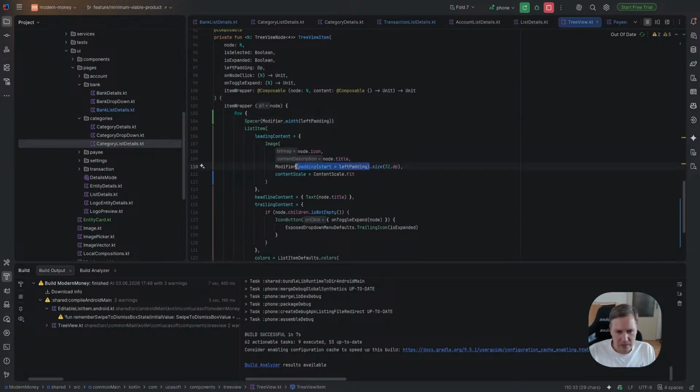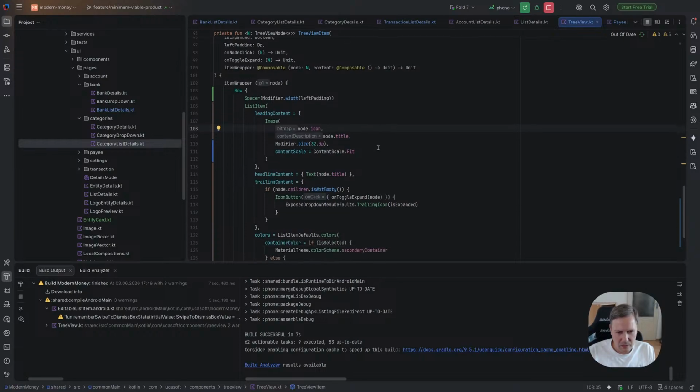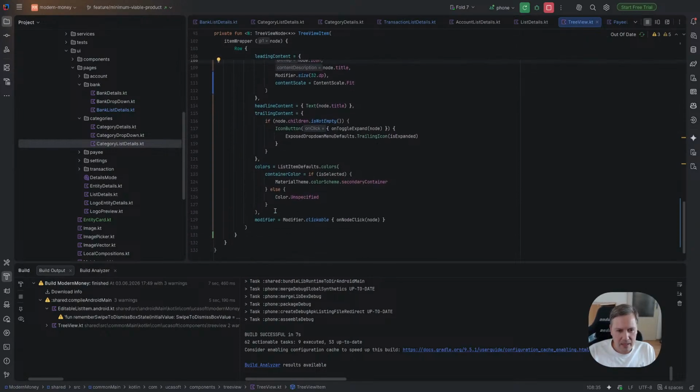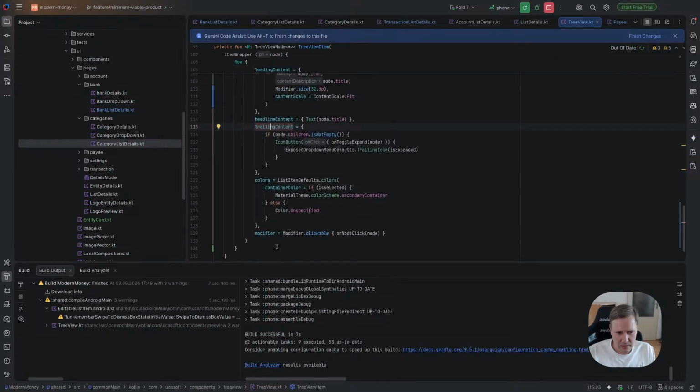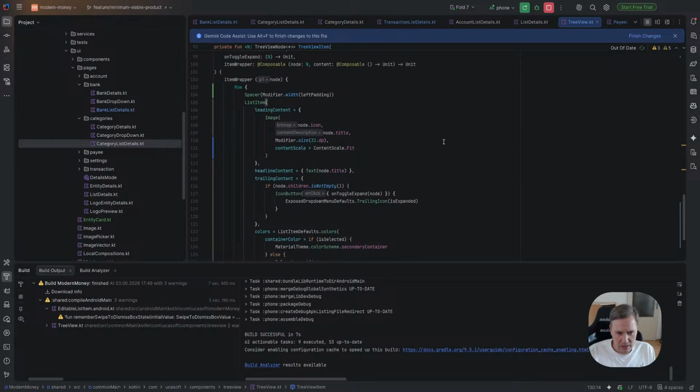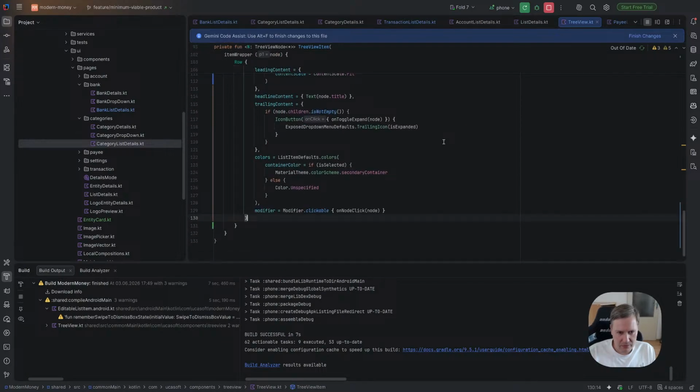Yeah, and we don't need this padding here after it. Okay. And trailing content. It should not be trailing content, yeah? It should be after all. So here we should provide